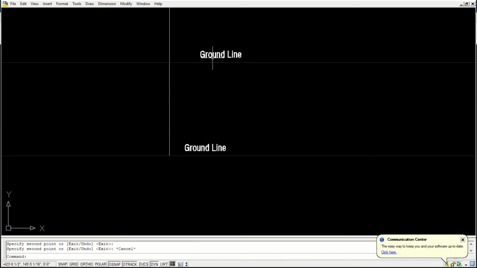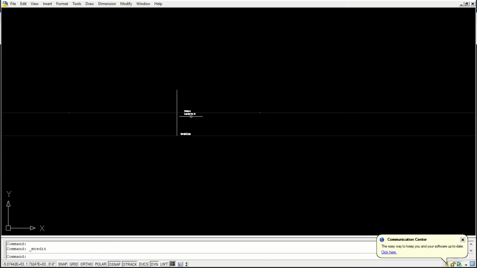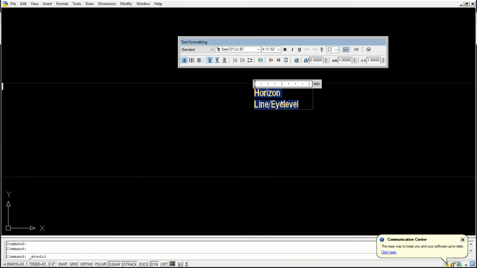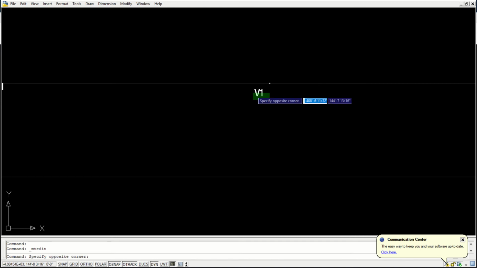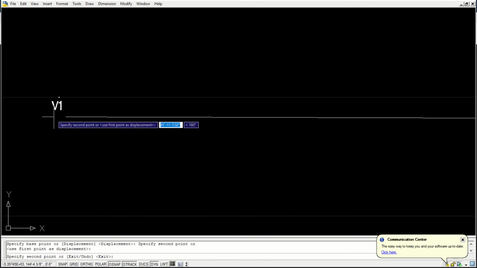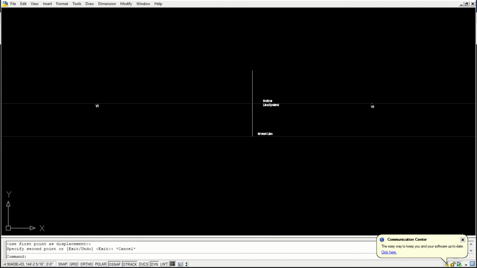This is the ground line, this is the horizon line or eye level, and these are vanishing points. I'll just put V1, V2.